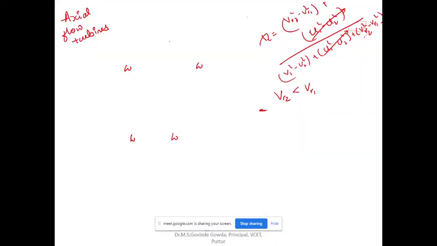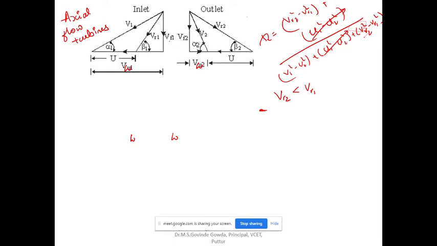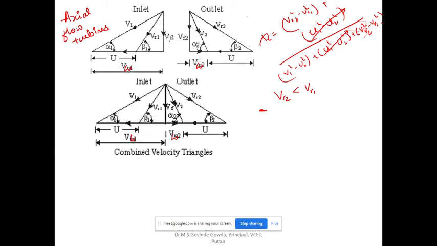In yesterday's class, I was discussing the axial flow turbines and the velocity triangles related to them. In today's session, I'll go over yesterday's class again because, due to a network connectivity issue, we lost that class. So I will be discussing the axial flow turbines and the different types of reactions which we are going to use here.